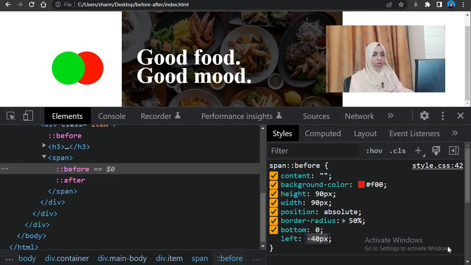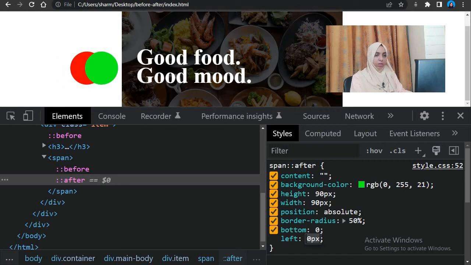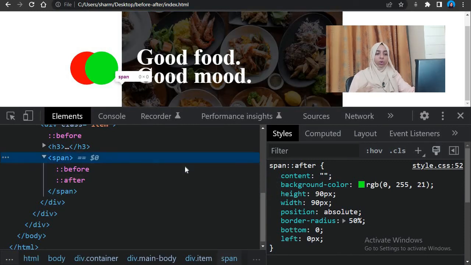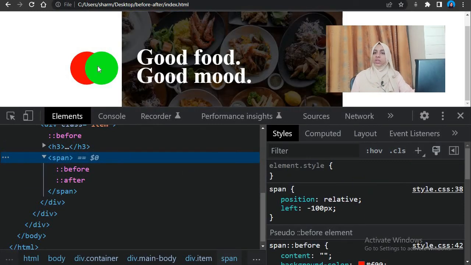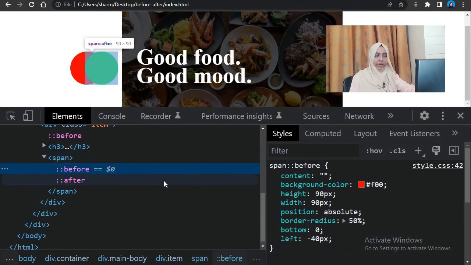So maybe minus 30 pixels, and this maybe 0 pixels. Okay, so this fits in here. Actually, if you don't give your span a minus and you give these elements, then you'll have to play with the lefts of both the elements, so that will become more code. You will understand that when we do this. So I just reduced the values from here and I added it to the span.